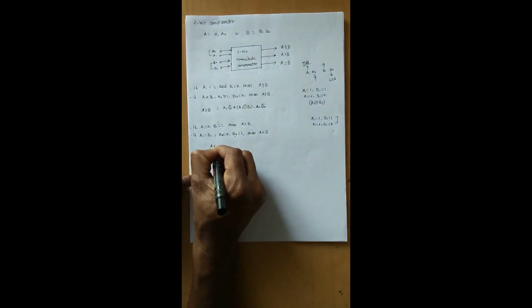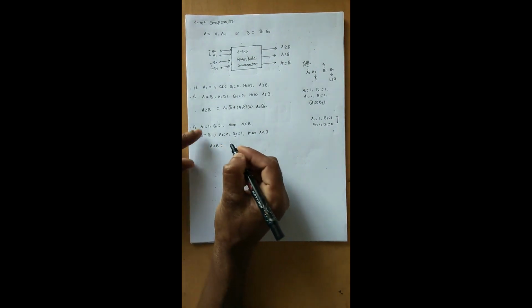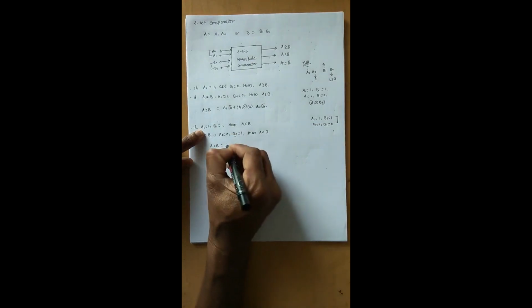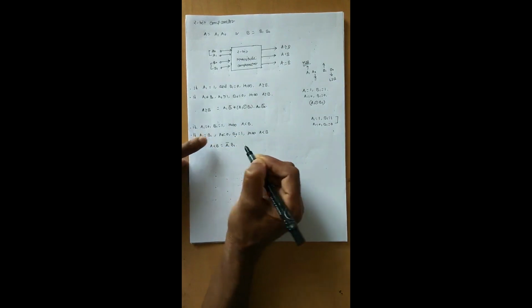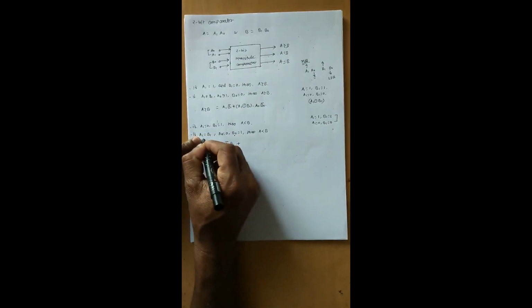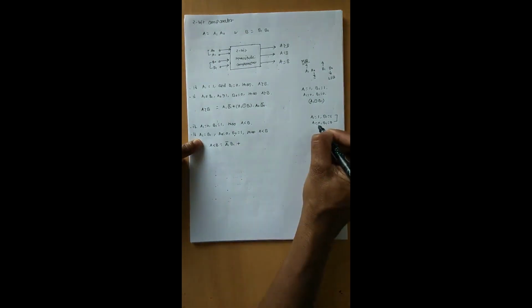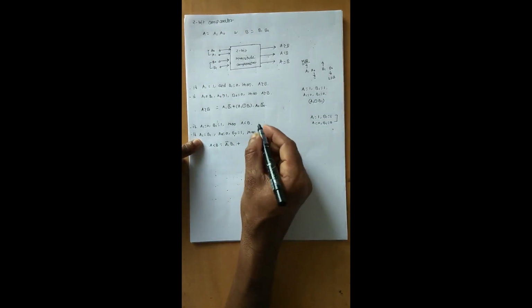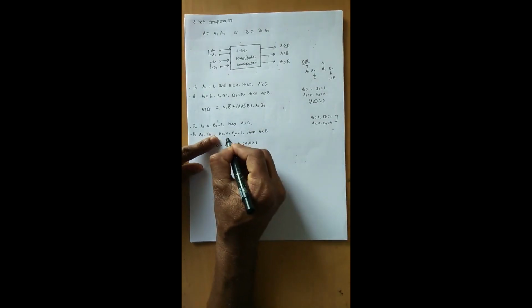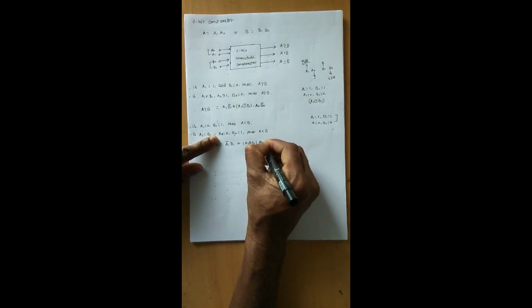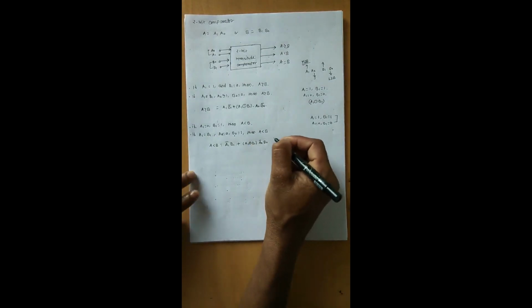So A is less than B is mathematically represented as, the value of A1 is 0, so it will be A1 bar, and the value of B1 is 1, so it will be the non-complemented variable. Plus, for the second condition, both are equal. When both are equal, they are XNORing with each other, so A1 XNOR B1. And for this condition, A0 is 0, so it will be A0 complement, and B0 is 1, so it will be B0. Okay, this is the expression of A is less than B.